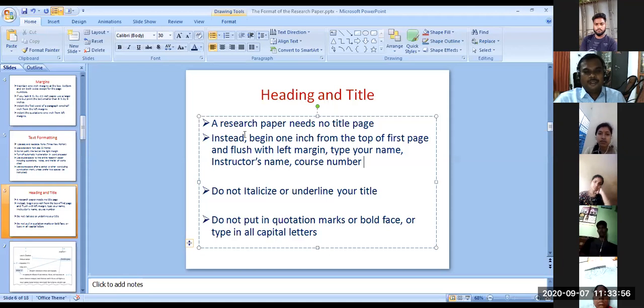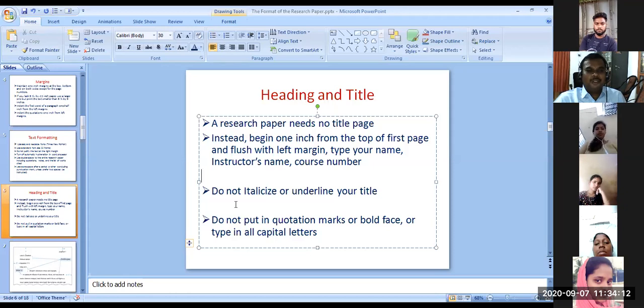So, giving top side 1 inch space, start from the left margin, type your name, your instructor's name, course number. Of course, I'll show you one sample page.